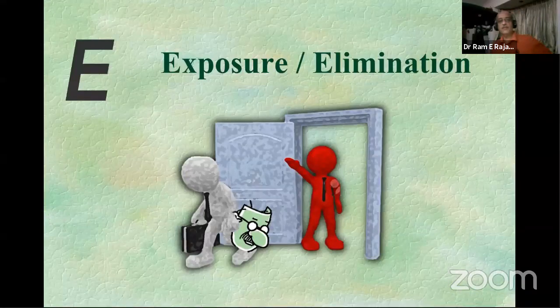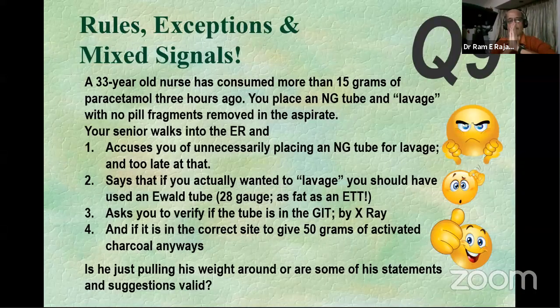So if you want to get out of trouble when you're managing your toxicological patient, please be very careful about these three gaps that you have. The last aspect, and this is something that I think Anup especially wanted me to emphasize, is the issues related to elimination of the toxin. Okay, so I'm going to give you an example over here.